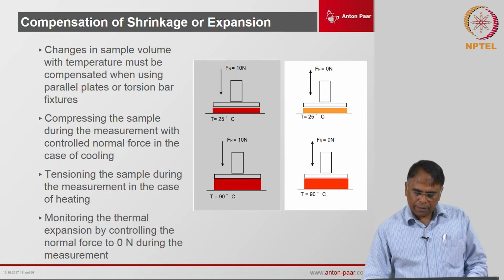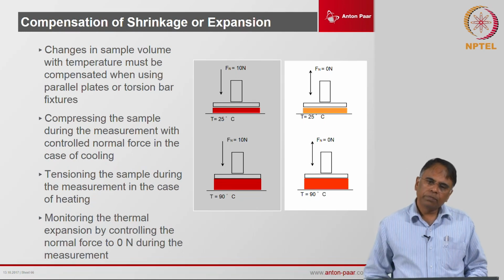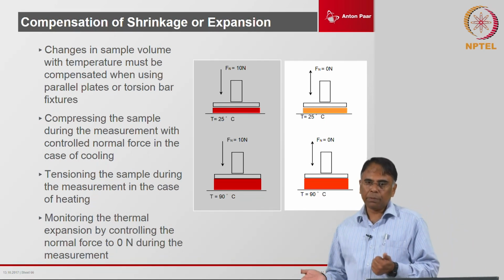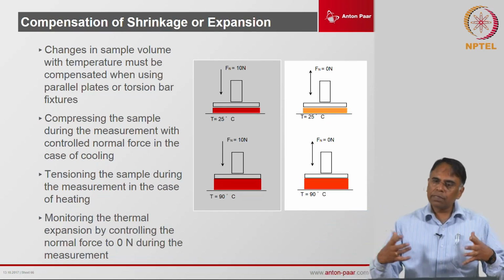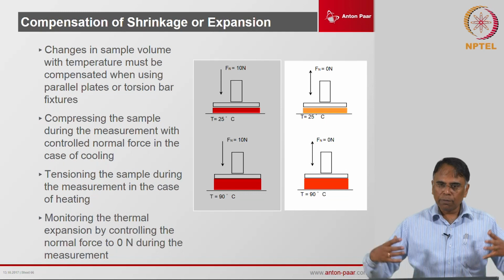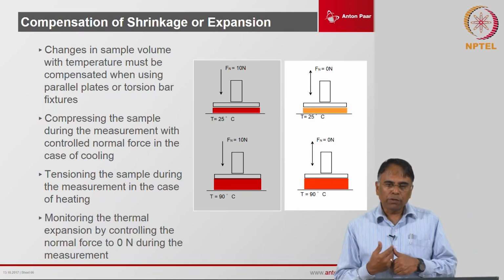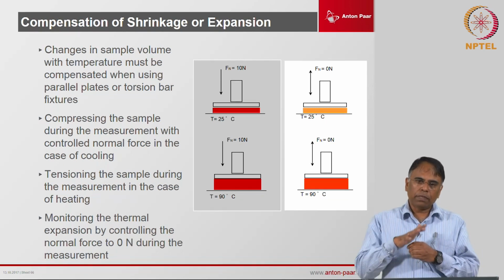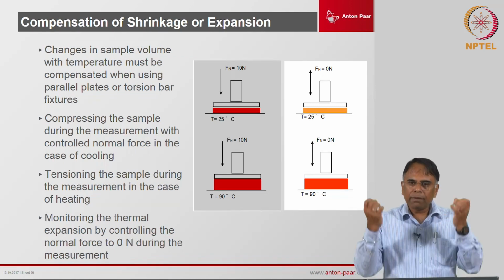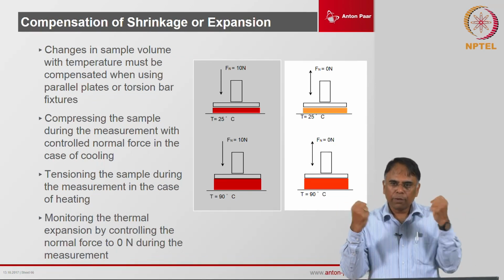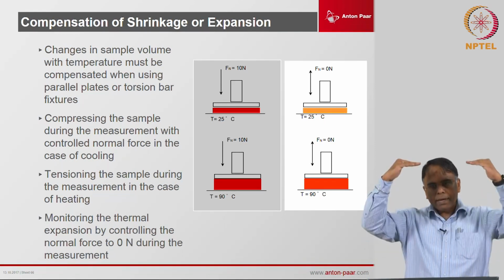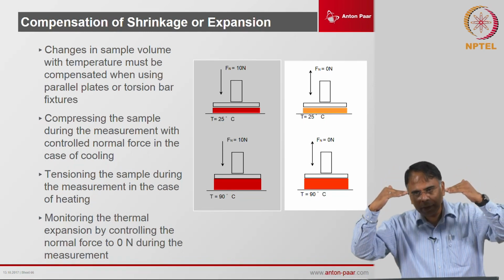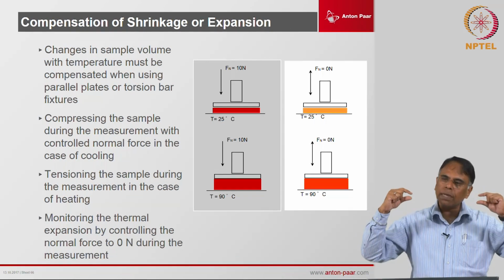Then there are other possibilities, like if you are doing samples which are going to cross-link for example as a function of temperature or time. Cross-linking generally reduces the free volume, okay. So, it contracts. So, you can use normal force to control and counter that. If the contraction is happening, it will start pulling this geometry down. So, you can set a normal force of 0 for example, and as the geometry gets pulled down, the rheometer will lower the gap to make sure that the force again becomes 0.